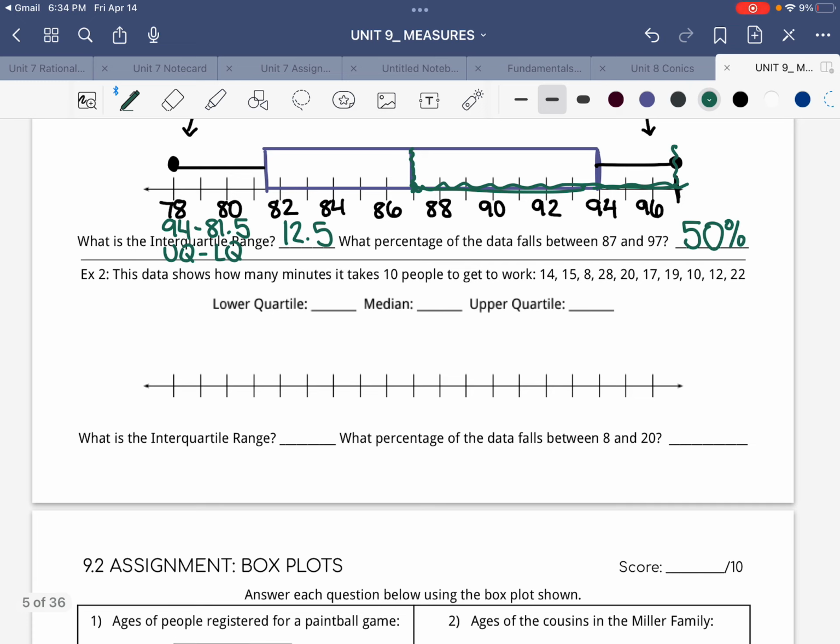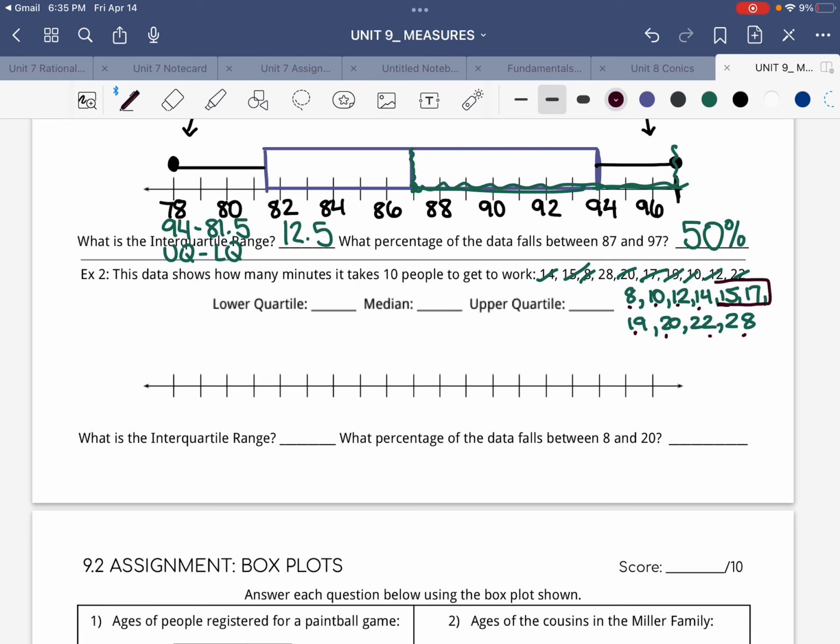All right, second example. This data shows how many minutes it takes 10 people to get to work. We're going to list them in order first. We have 8, 10, 12, 14, 15, 17, 19, 20, 22, 28. Then you just cross one out, highest and lowest, highest and lowest, highest and lowest, highest and lowest,